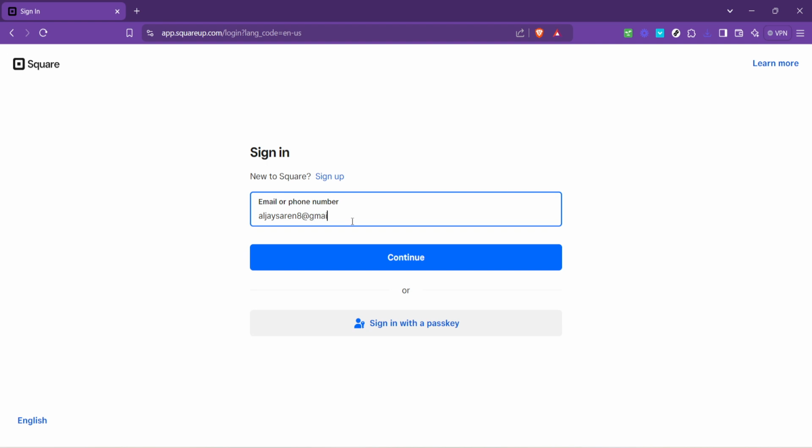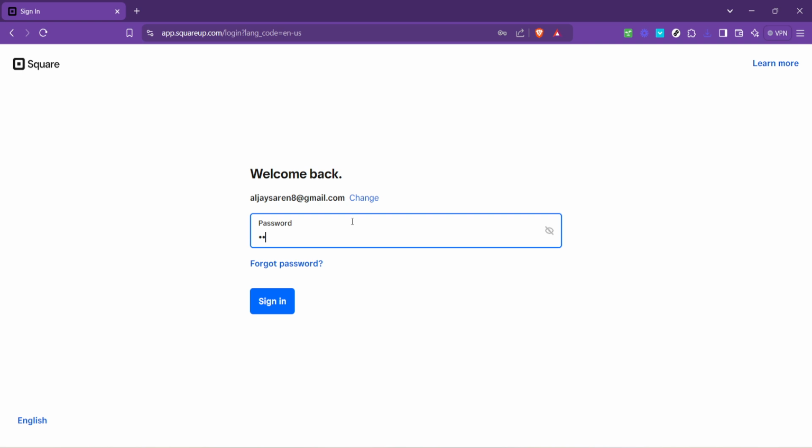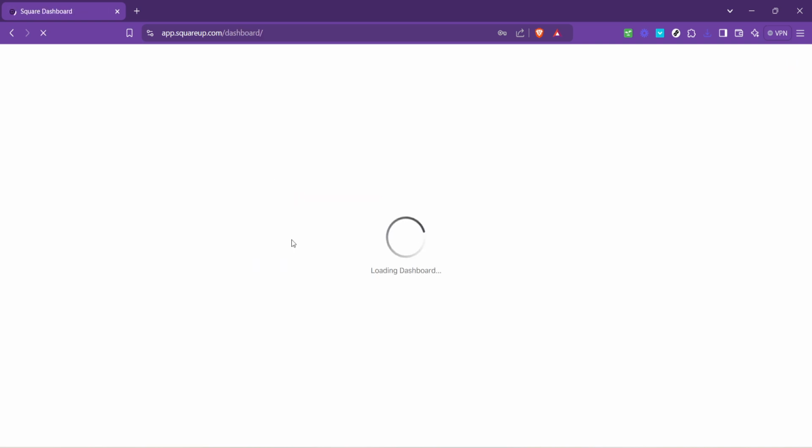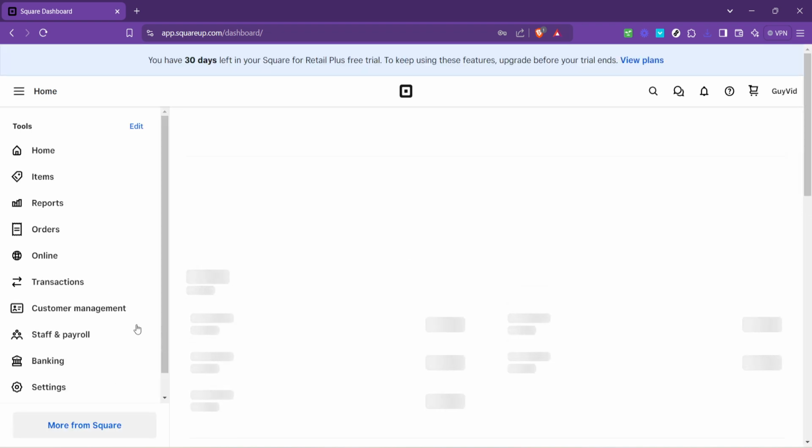Once you're logged in, you'll find yourself on the Square dashboard. This dashboard is the command center for your Square account, offering access to all the tools and settings you need to manage your business effectively. From here, look for the Manage Tools option. This option houses all the extra features and functionalities Square offers, including the Appointments tool. Click on Appointments to navigate to the Appointment Management section of Square. This section is dedicated to helping you manage all aspects of your booking system.